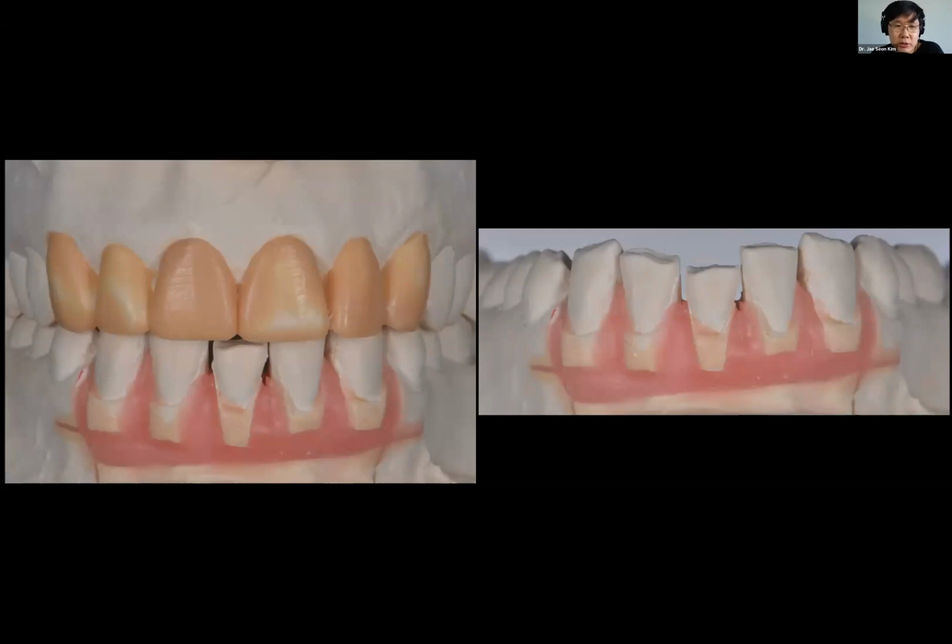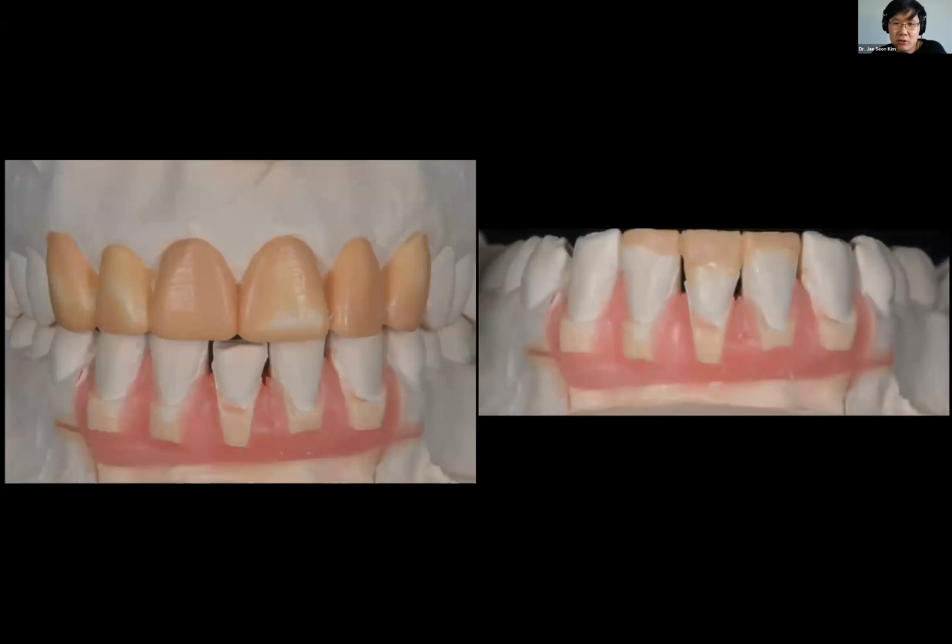So I said, okay, we're just going to restore them restoratively from canine to canine, and then do ortho on the bottom. And in this case, what I did was I actually did a mock-up. So I took the wax up, I made a silicone impression of the wax up, and I transferred it to the patient's mouth, and I filled it with bis-GMA and loaded it into the patient's mouth, and I removed it. And I took a picture of this, and I literally put this picture side by side on my laptop, and I showed the patient and said,